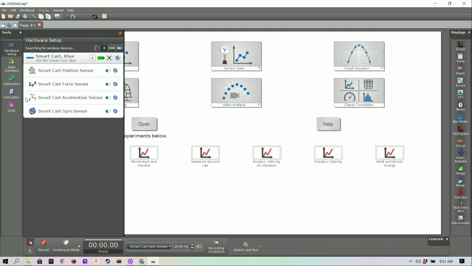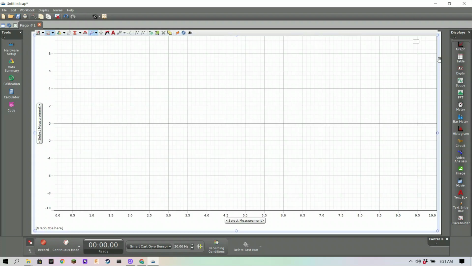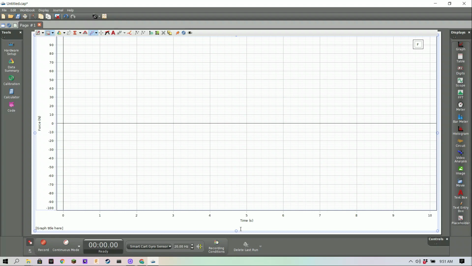We're really only interested in the force sensor. And there we go. So I'm going to use a graph, and I'm going to select the measurement that I want to record to force. It automatically sets the x-axis to time, which is the most convenient. If I now just hit record,